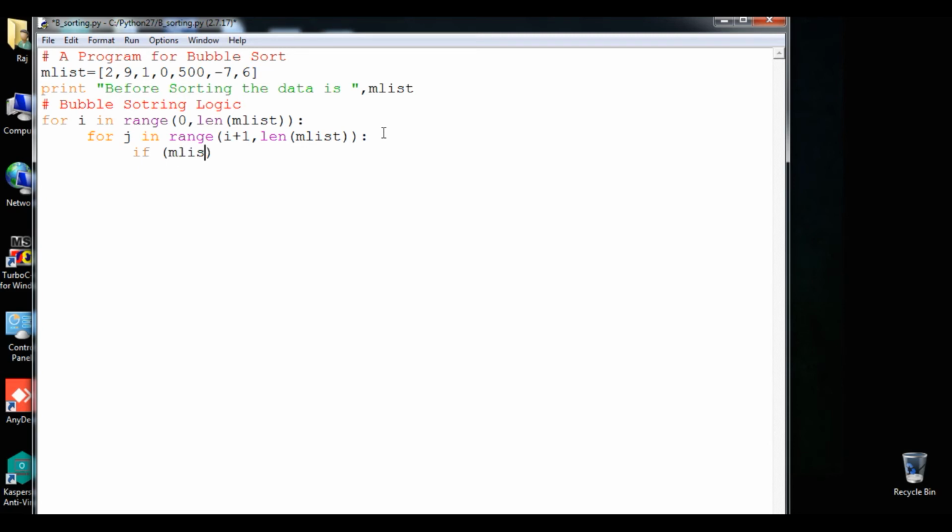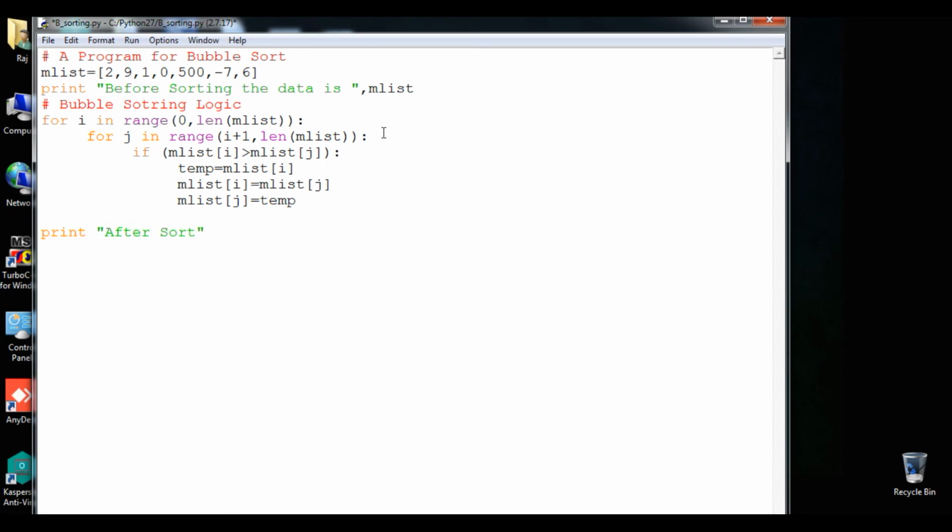So I will say if mlist of i is bigger than mlist of j, that is the next element, swap it. So as a third variable I will use temp: temp is mlist of i. Okay, and then mlist of i will store the mlist of j value, and mlist of j will store the temp.